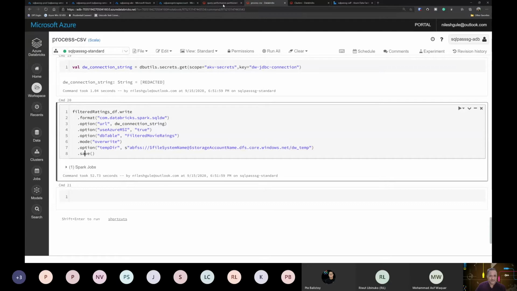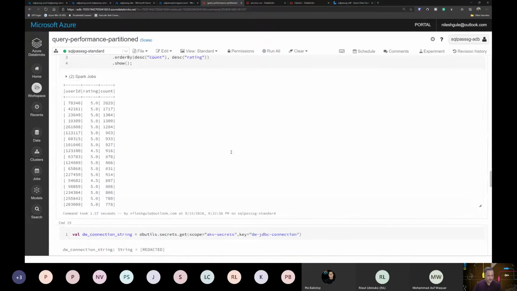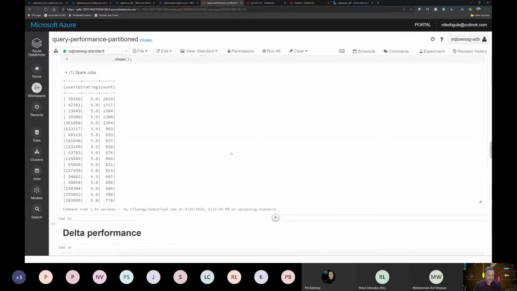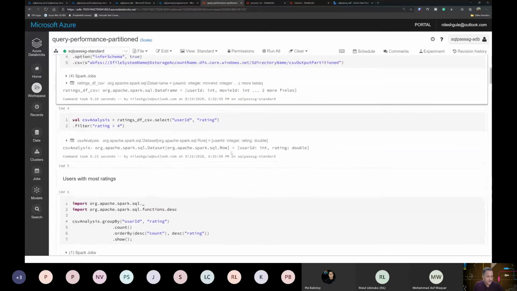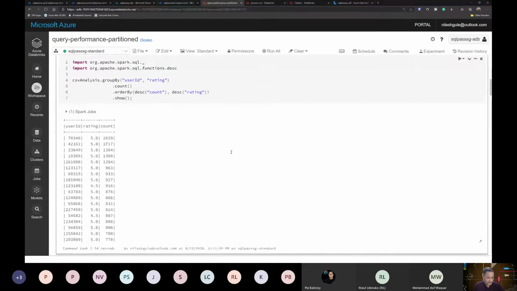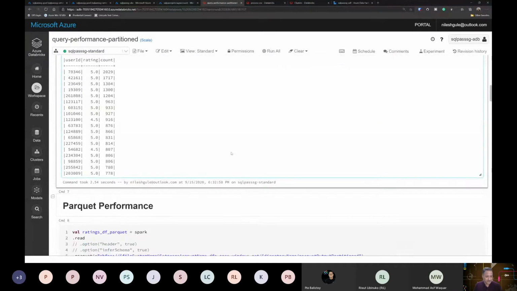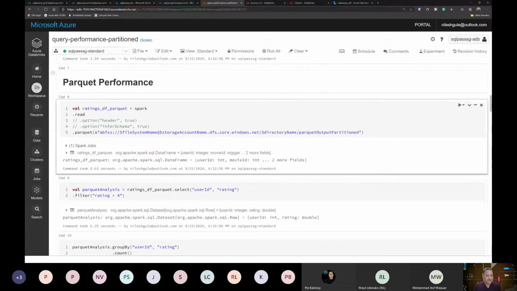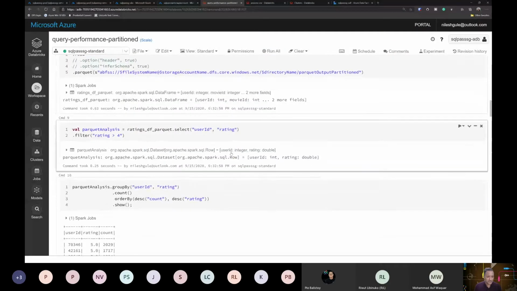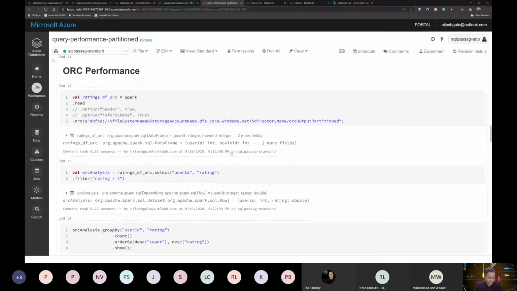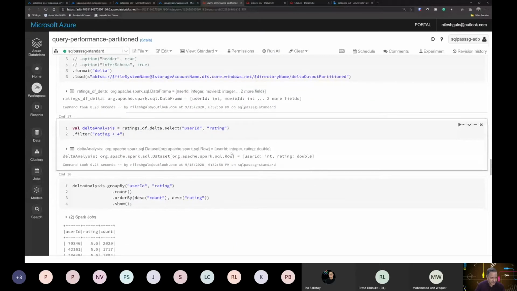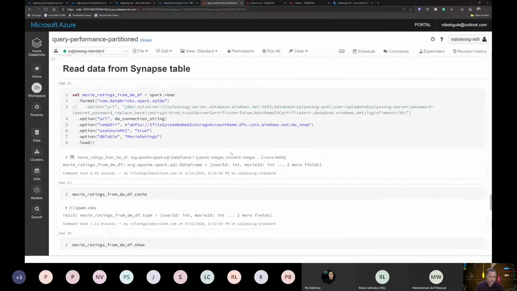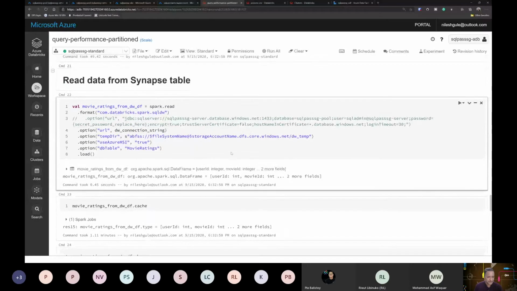So for this purpose, I will use the other notebook which I had in the previous session. This one is where we filter based on the different types of data, where we try to partition the data based on ORC, Parquet, or Delta files. So I've taken one of those data frames, and I have written the whole 700 MB or 1 million records.